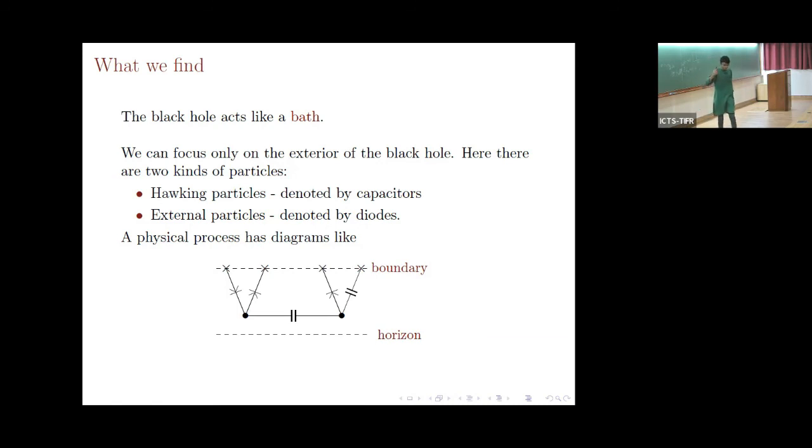But I think that is true because all of our calculations are done in some space-time. So what we're saying is that the interior of the black hole can be forgotten, and the rest of the space-time can be kept, and you don't need to worry about the Hawking physics of the black hole, and you can do some normal QFT in the exterior of the black hole. Okay. So it's a non-trivial space-time statement. I'm not saying you can do this in flat space. You can do this here. I'm not saying you can integrate out the black hole in the sense that you can do the same sort of scattering processes here with some non-trivial QFT. That's not what I'm saying.